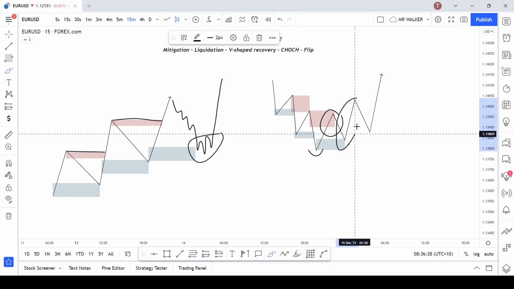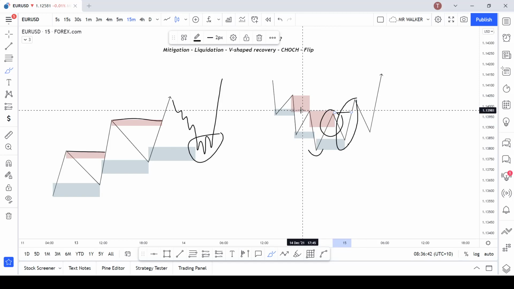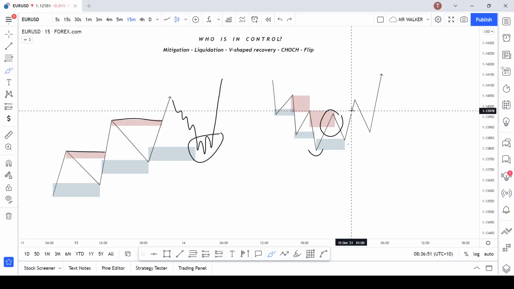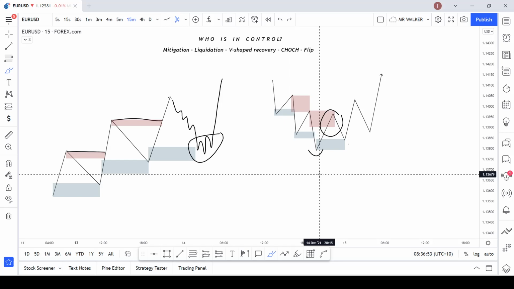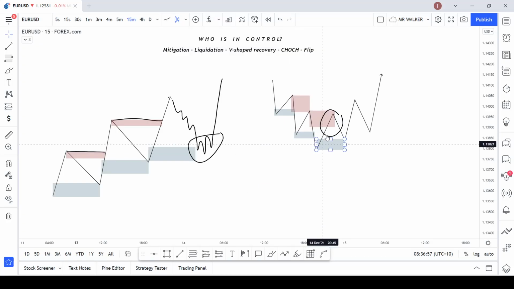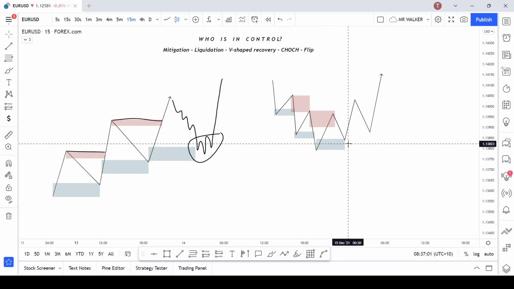This is the follow through, which breaks this substructure, as well as this more important structure. And of course, it breaks that supply,